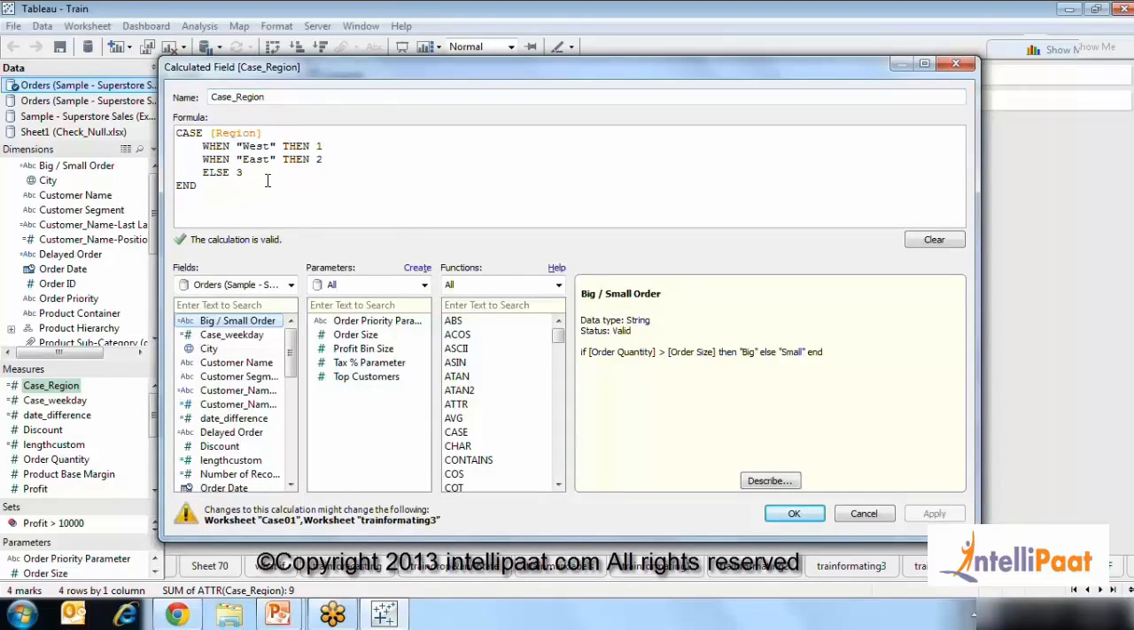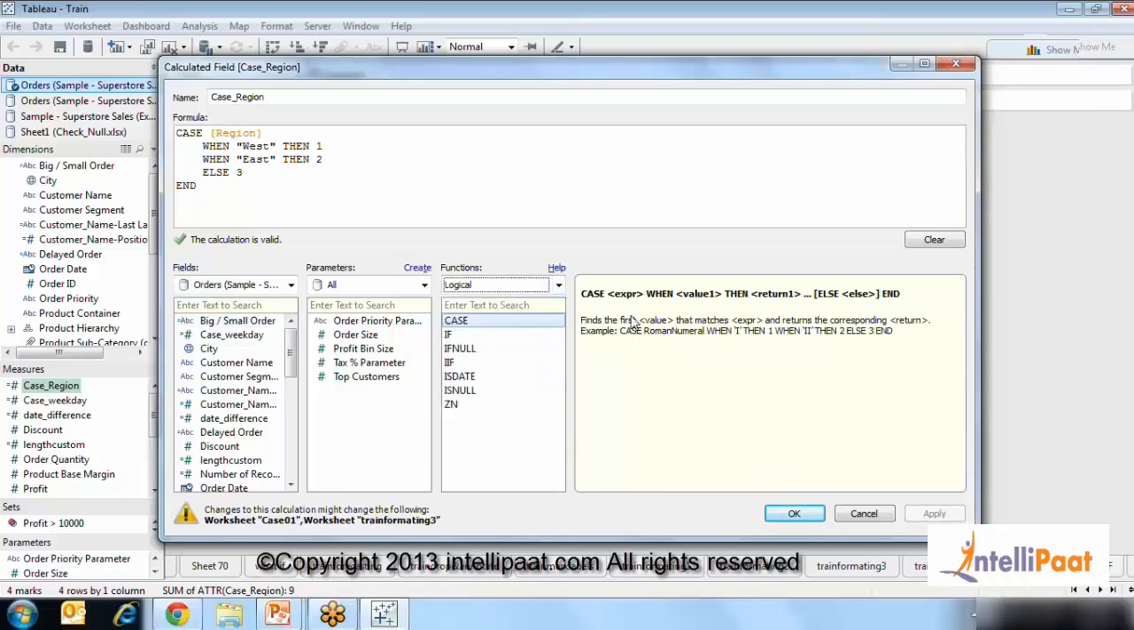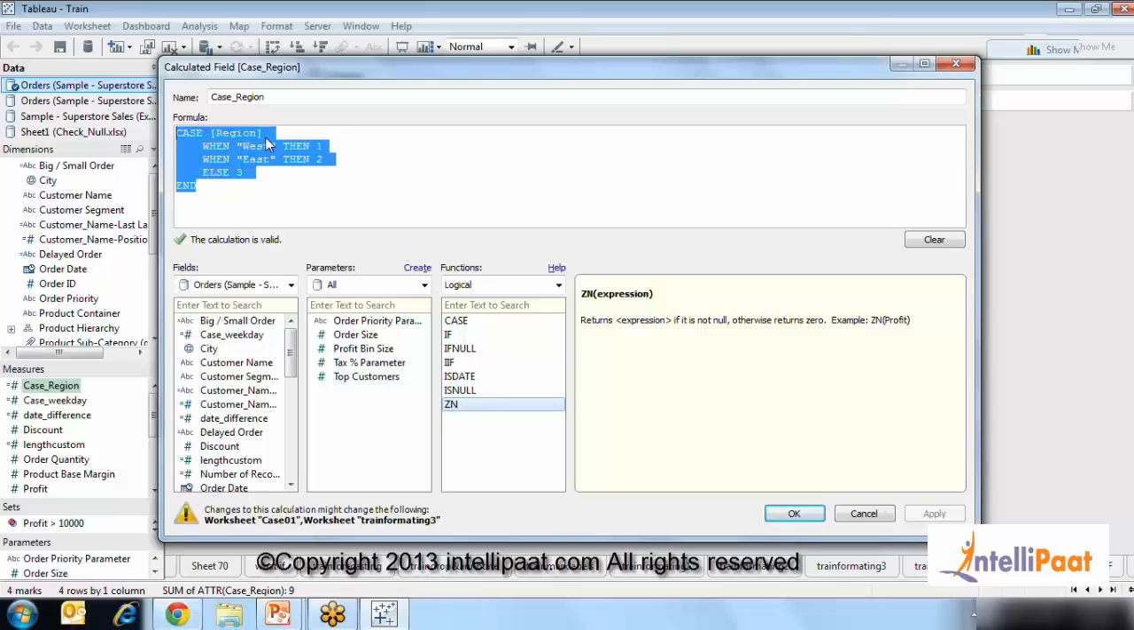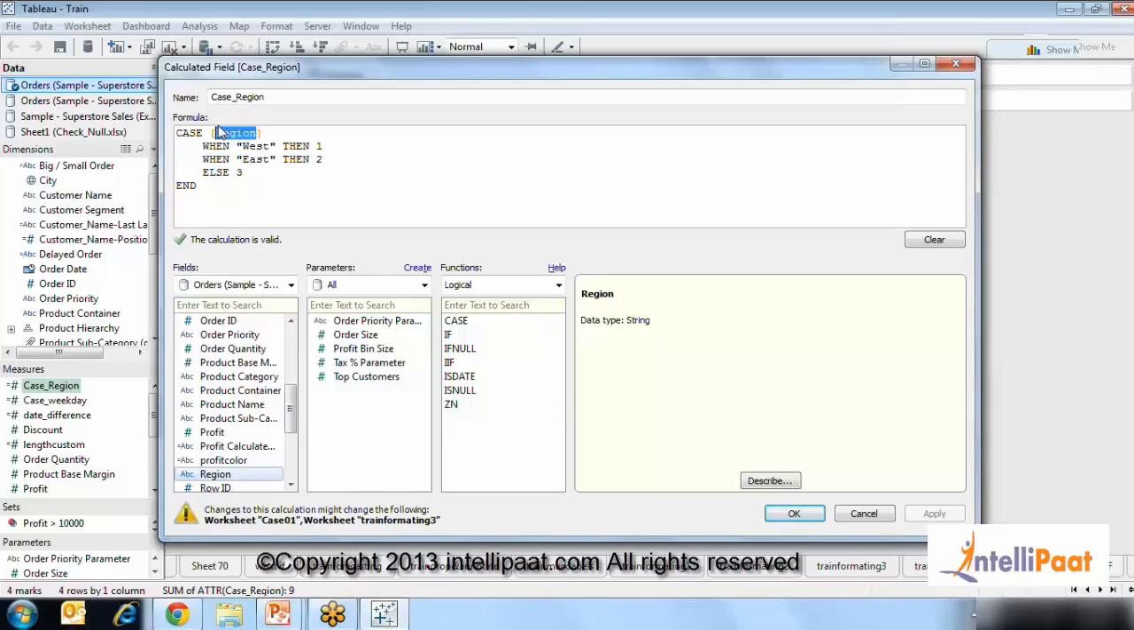So this is very simple. Just like in any other language, how we write an if, a case statement is pretty similar to that, and most of the things would be given over here when you are trying to create any calculated function. It tells us exactly what you want to do, explains how it works and how you can use it. So in a case, it's simple: it is based on the value of this,